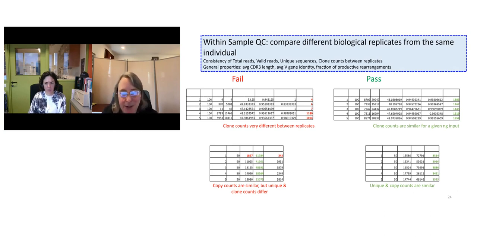By contrast, on the left, it's far more variable. So you have a couple libraries, like number 1, where we have 4 clones. And library 2 also looks terrible, as does library 3. But then 4 and 5 look sort of okay, right? Because there you have, again, larger numbers of clones. So when the clone counts vary a lot between different replicates from the same sample, that's a telltale sign that something is amiss, right? And it makes us very skeptical of the run overall,